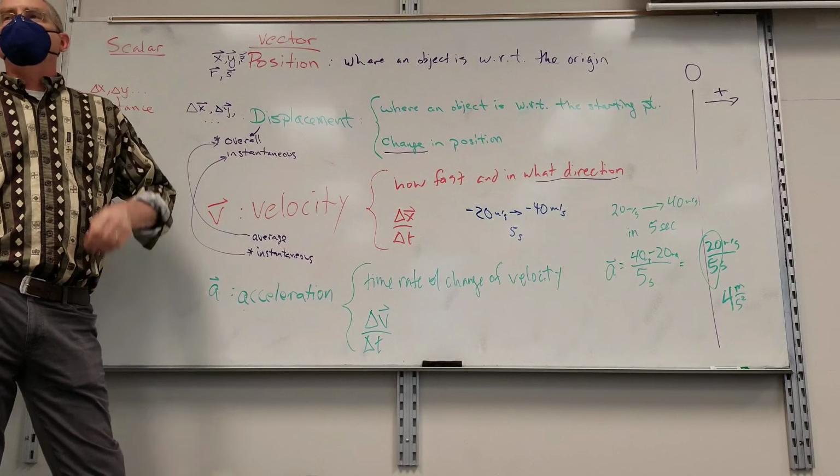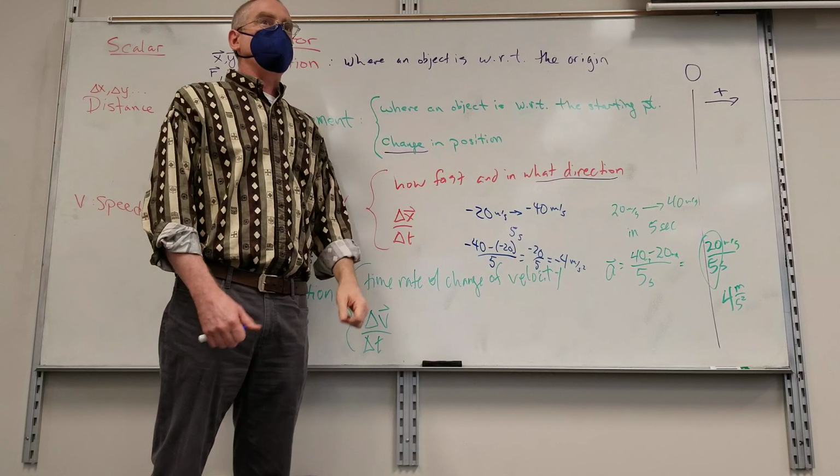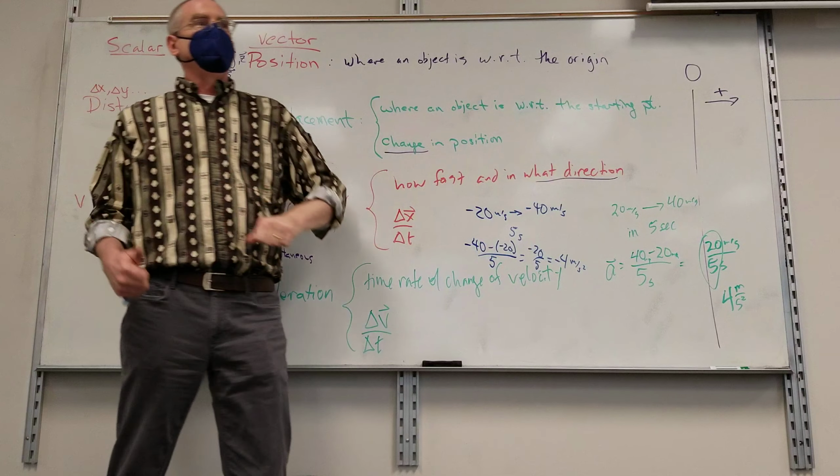Did I speed up or slow down? Slow down. Oh, try that one again. Would it be slowed down? No, speeding up. You're covering 20 meters per second here, and you're covering 40 meters per second there. That's a lot faster. That's twice as fast even. It was just the signs that were messing us up then. Yeah. The sign is just telling us the direction we're moving in. So we're going 20 meters per second in the negative direction, and then we go 40 meters per second in the negative direction. We have sped up.